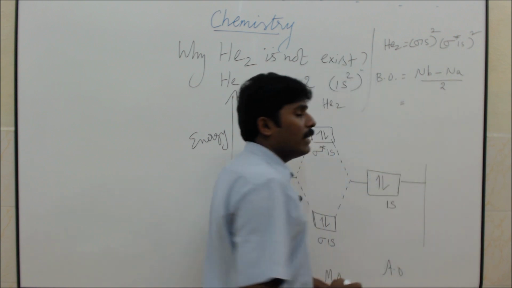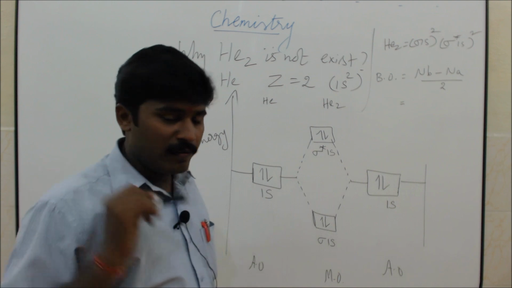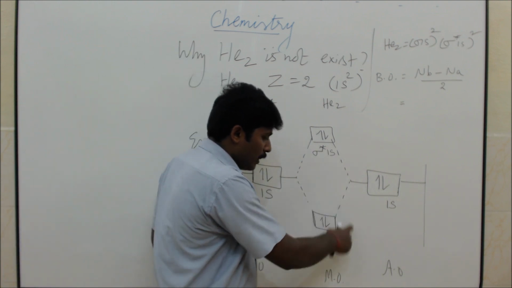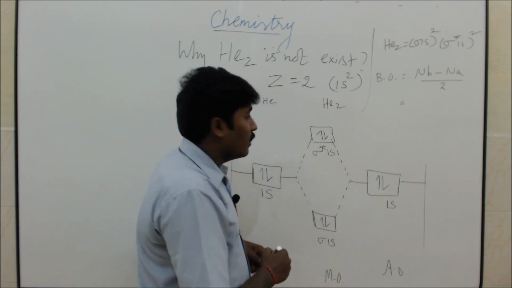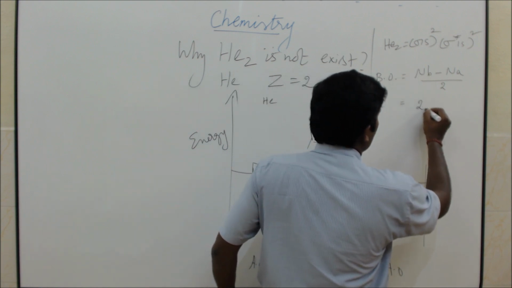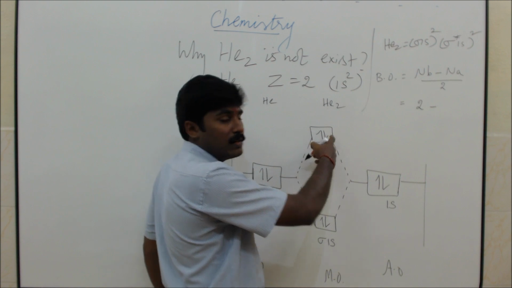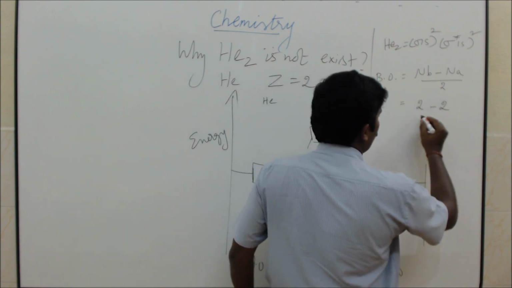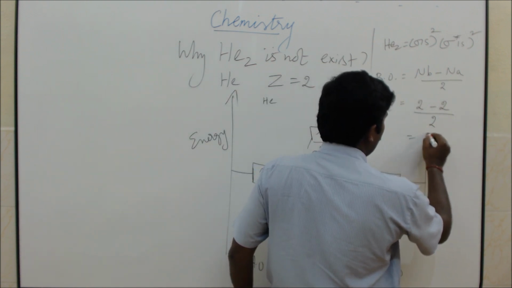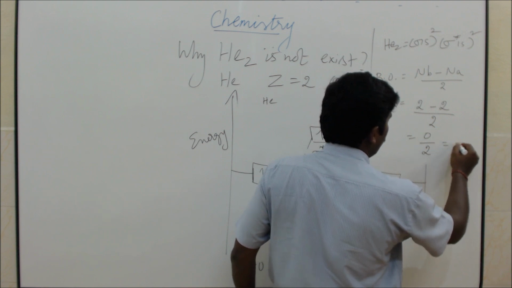What is Nb? Number of electrons present in the bonding level. Here we have only bonding, so in the bonding level you have 2 electrons. Nb is equal to 2. What is Na? Anti-bonding level. How many electrons do you have? 2 electrons. So you write 2 minus 2 by 2